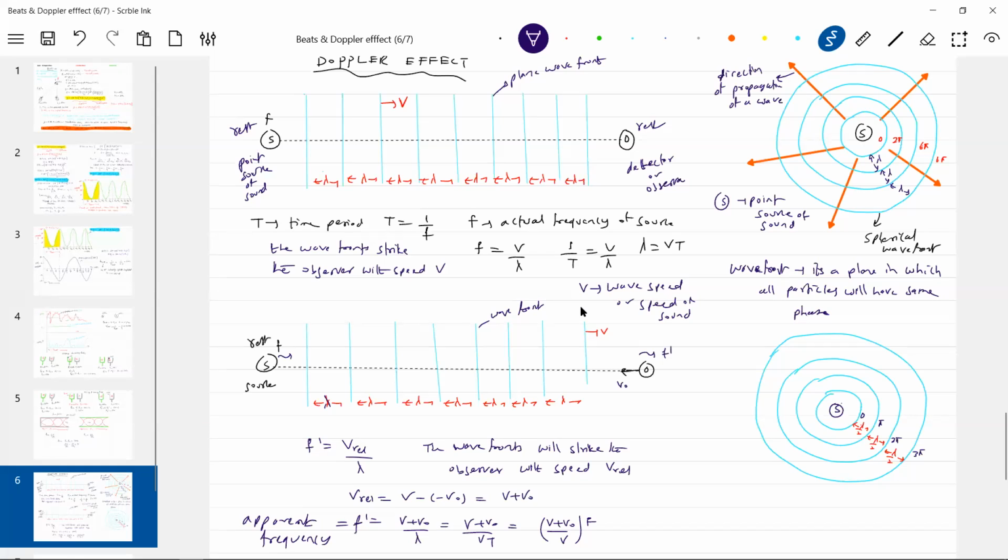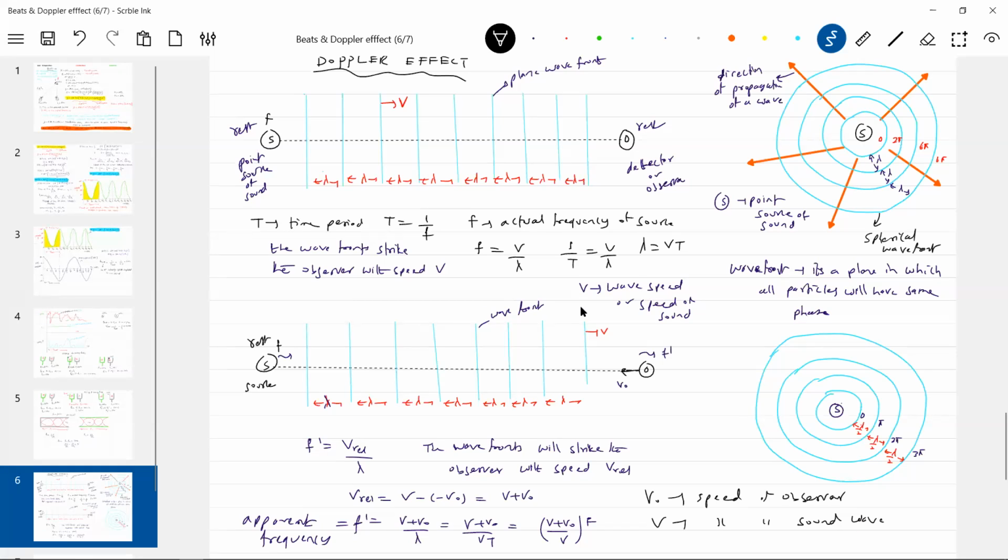Now the detector, the observer, is not going to hear the sound at the frequency f which is generated. He's going to hear it at a different frequency. How to calculate that apparent frequency? Apparent means appears to be. Again, if he stops moving, if he comes to rest, he is going to hear the sound wave at frequency f only. The moment he starts running, he hears it at a different frequency. Able to understand this one? What is v naught? v naught is the speed of the observer. What is v? Speed of